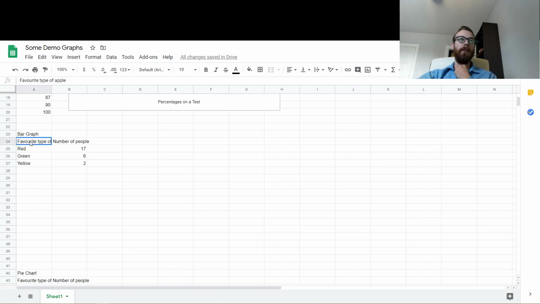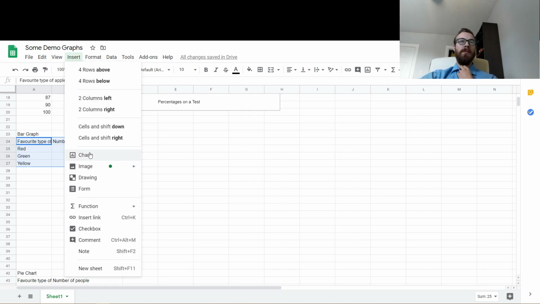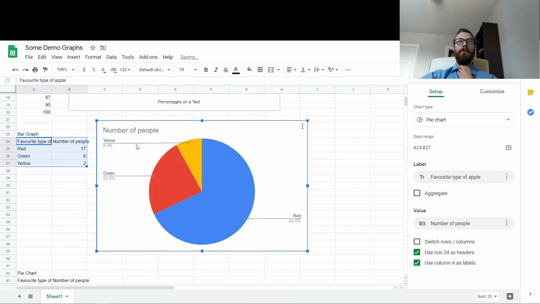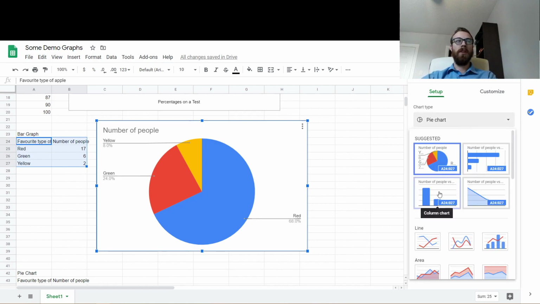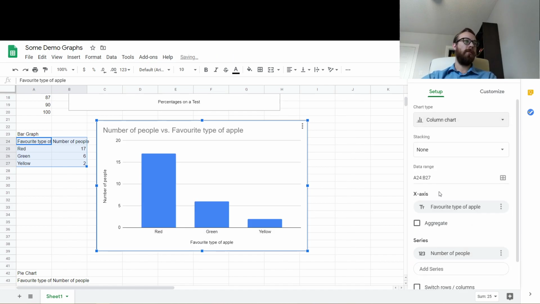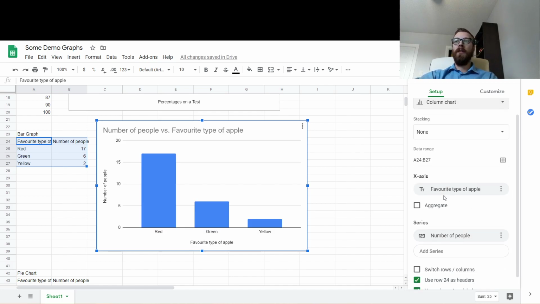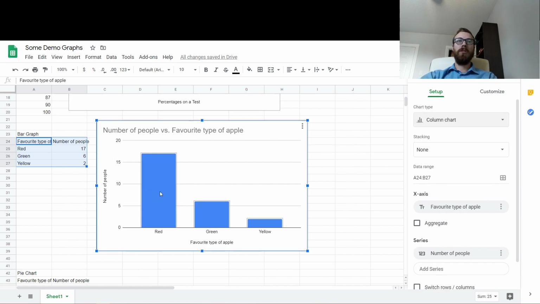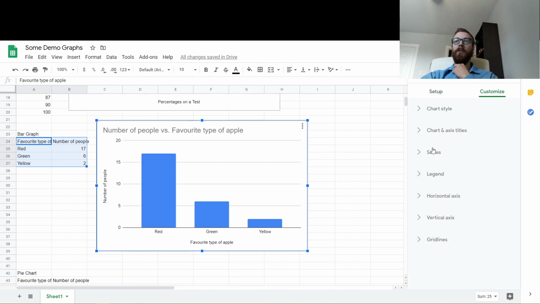So we've got a bar graph here. I'm going to select the entire rectangle, which includes the numbers and the names or the labels. So you select it, press Insert, Chart, just like every time, and look at that. It's pretty close. It's not a bar graph, it's a pie chart, but that's okay. We come over here and we choose column chart. Bar graph, column chart, same thing. So now we've got that, and you can even start changing these colors if you want to, so that red is red. So you could come over here,